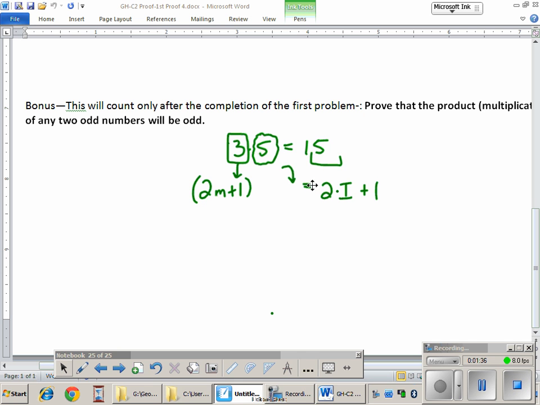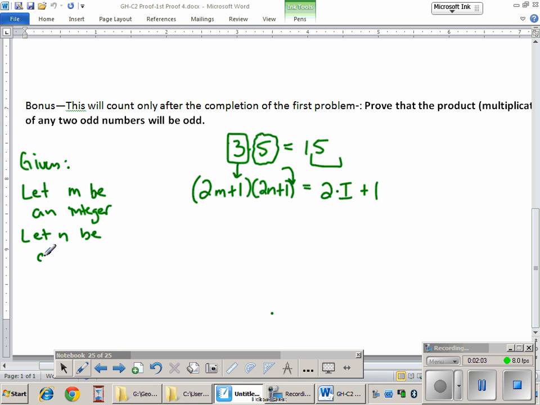let me move this around a little bit. If I choose any m, as long as I make the caveat, or maybe I can call it a given, where I simply let m be an integer, then this is going to result in an odd number. Likewise, if I choose a different variable, say n, say 2n plus 1, and again let n be an integer, then of course 2I plus 1 is odd. If we accept those three facts, where m and n are integers, 2I plus 1, I being an integer, is odd,